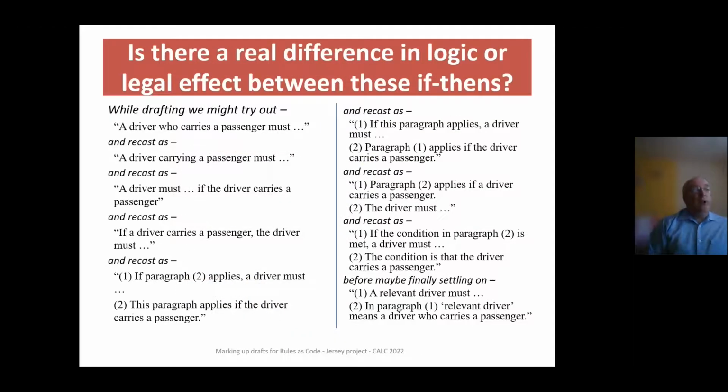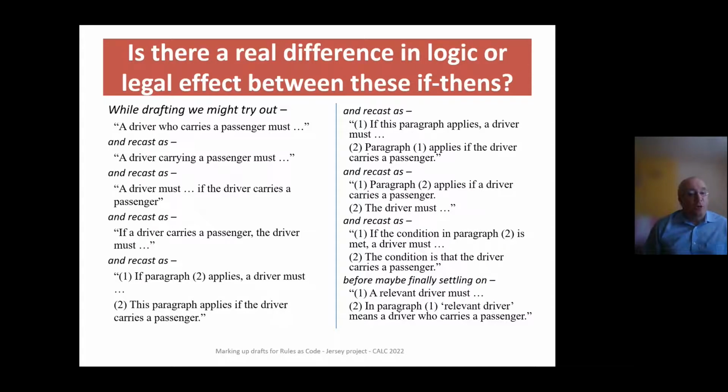So one of the things that we would want to emphasize we're not trying to do is put drafters in any kind of a straitjacket. We are saying that drafters should be able to continue drafting in the way that best suits the English reader, the human reader of English text for that particular draft.